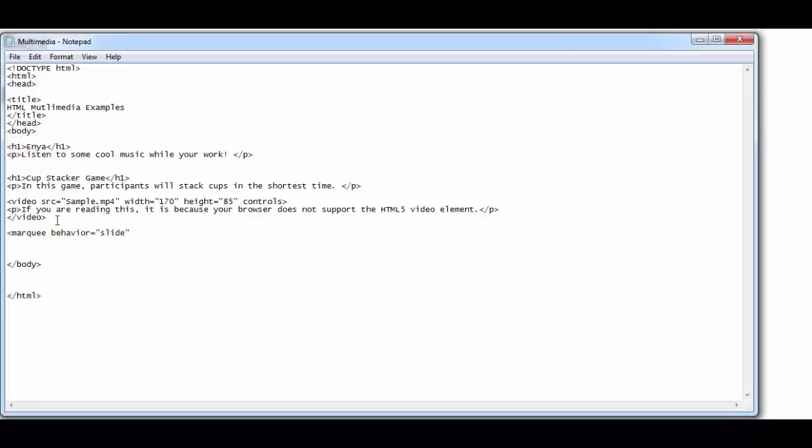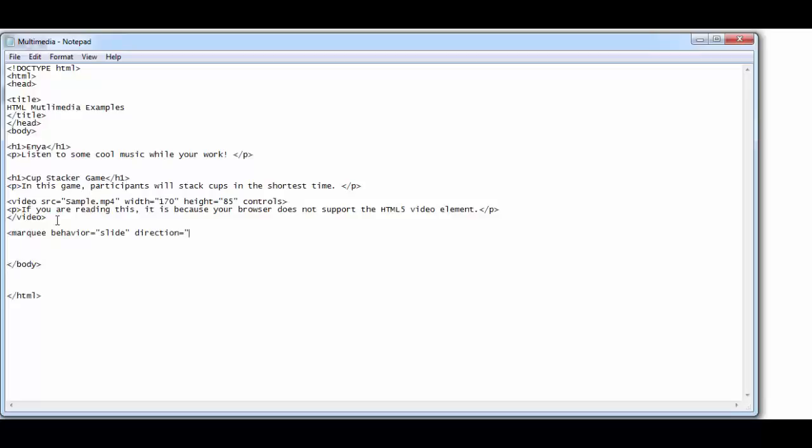That's the behavior. It's going to be sliding, and you're going to write direction. That's another attribute of the marquee tag. Direction is equal to,